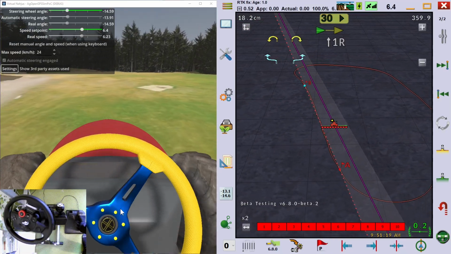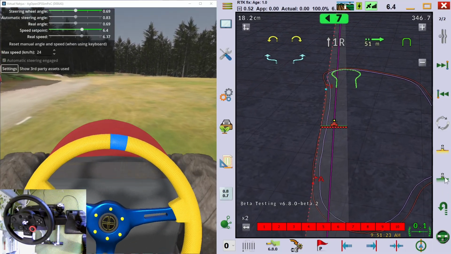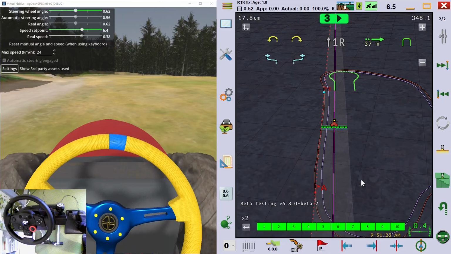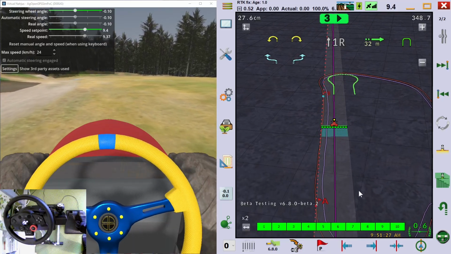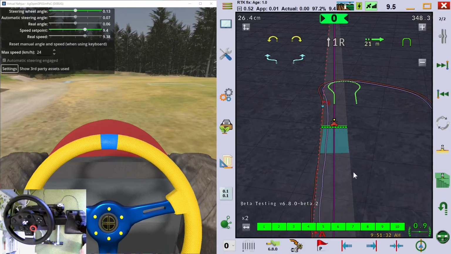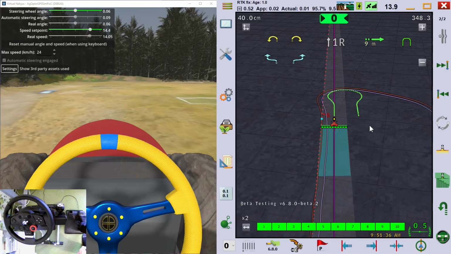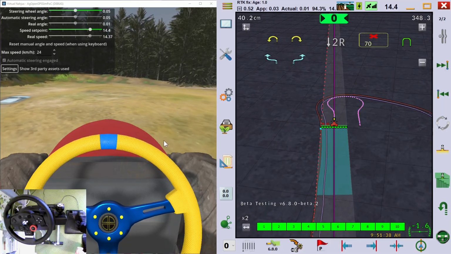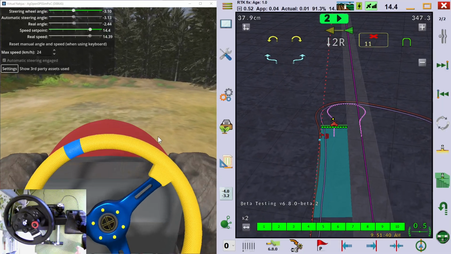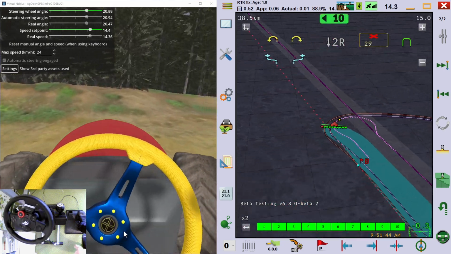Okay, it's the automatic steering again. So the same features of course also work here as in the previous version, like this section control and automatic U-turns, and also in real installations if you have suitable hardware.